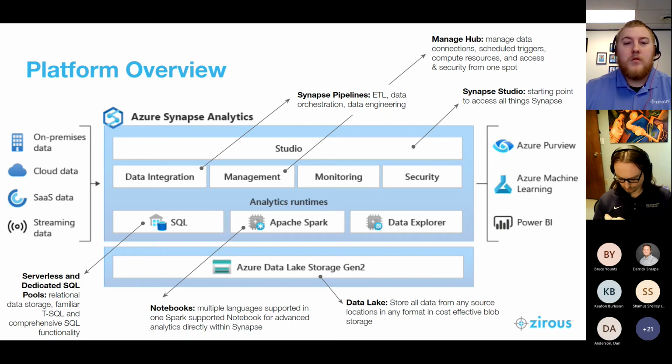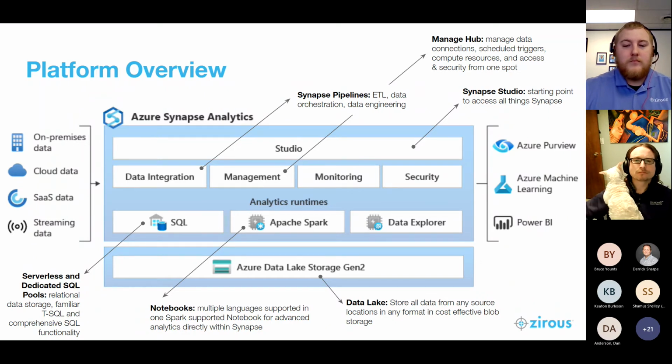Next, we have the SQL Pools, and there's two types of these, serverless and dedicated SQL Pools. And Eric will define what those are a little bit later in this presentation. The next part is the notebooks in the Apache Spark Pools, and these support multiple programming languages such as T-SQL, K-SQL, Python, Scala, Spark, SQL, and .NET. These are all tools that many of us are familiar with, and a lot of times many people have a preference to use one or the other. Apache Spark notebooks allow you to use the environment or the database language, programming language that you're more familiar with and more comfortable with.